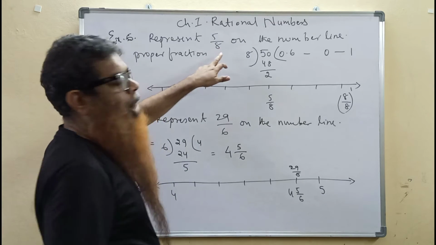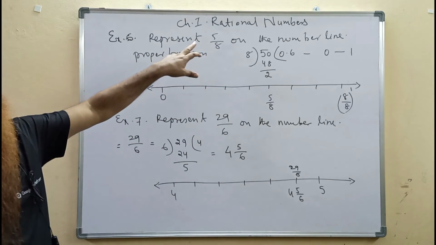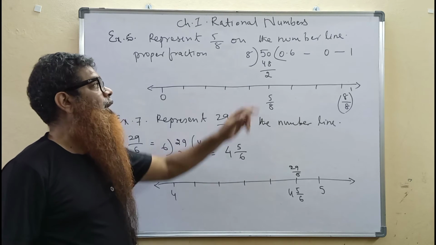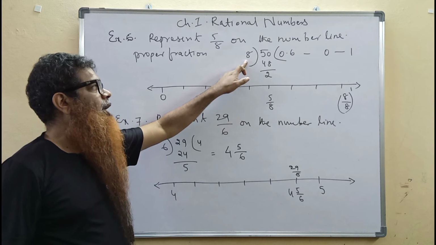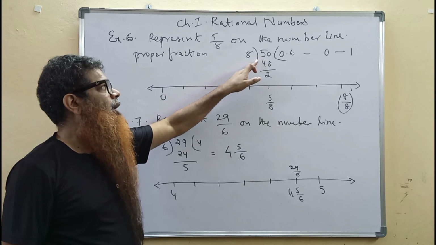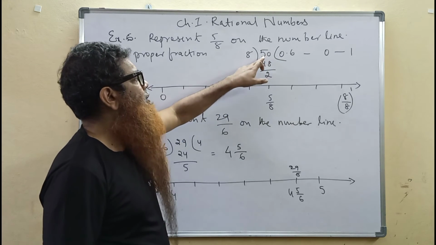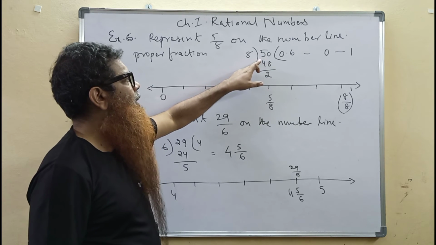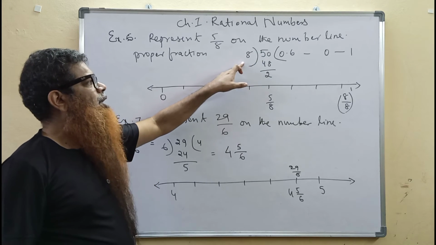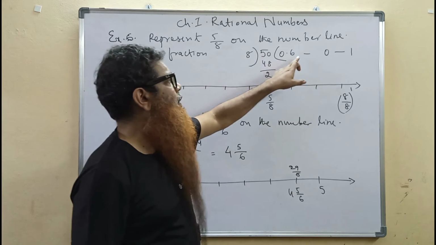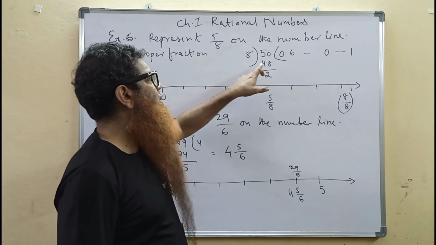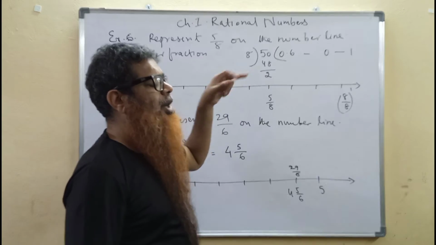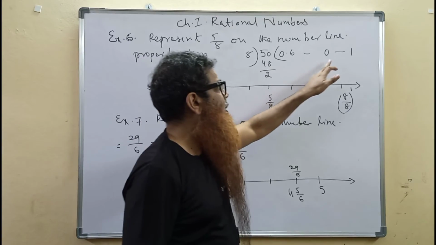When we say 5 by 8, we mean 5 divided by 8. We are dividing 5 by 8 here. 5 is smaller than 8, so we take a decimal as is the procedure. Then, as we have learned before, it becomes 50. 8 sixes are 48. We take 6 at the quotient's place, and we have remainder 2. So that is 0.6 plus remainder 2. That means it lies in between 0 and 1.